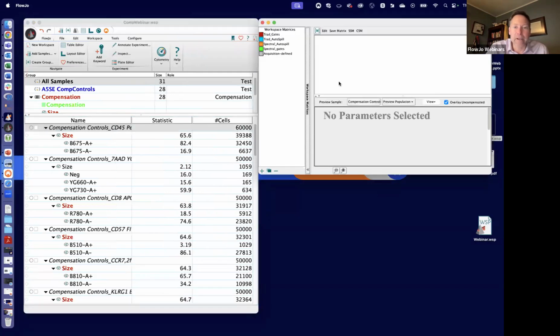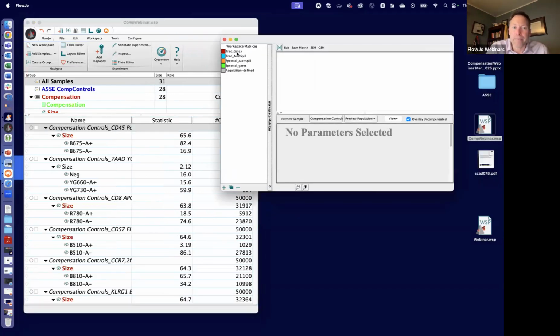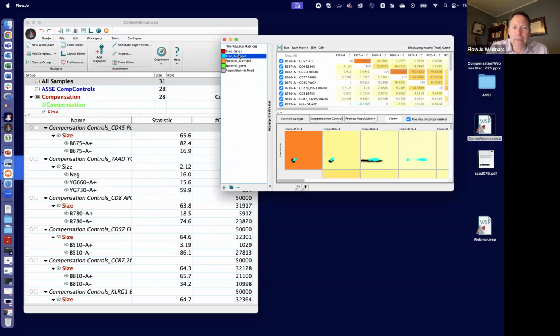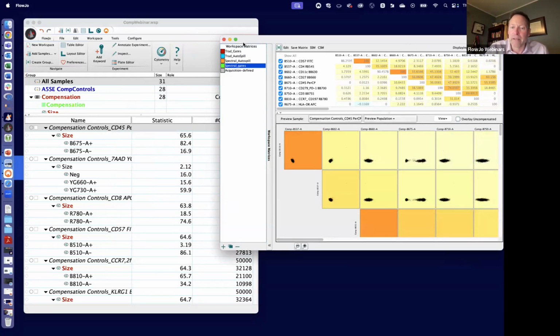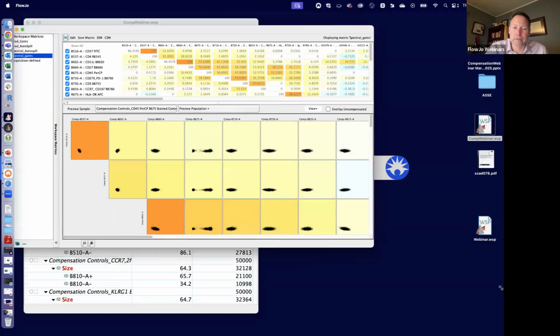All right, double clicking here. If you run all four, and I bothered to name them as trad gates, traditional autospill, spectral with gates, you can turn off the uncompensated again. The gist of this is that